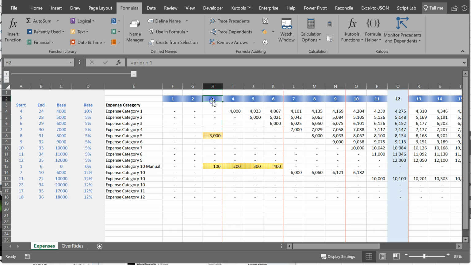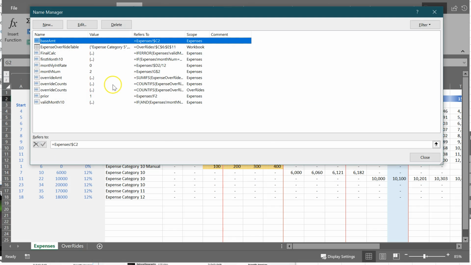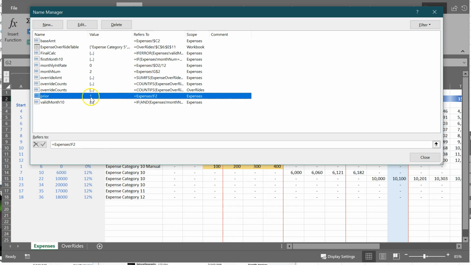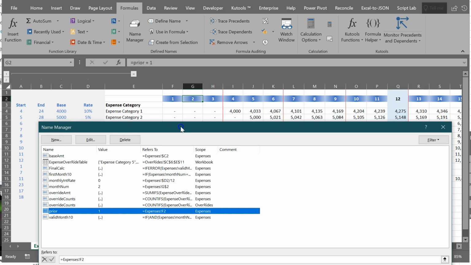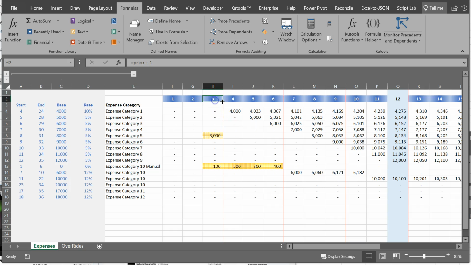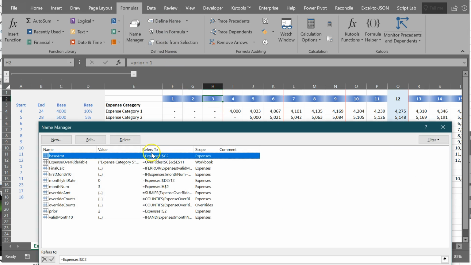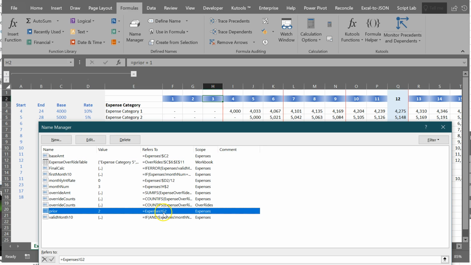Prior is a defined name, using this technique, and in the Name Manager you'll see the word prior. Prior is the formula name, and it's just equal to expenses F2. This is the expenses tab, and in this case, because I'm on G2, it says F2. If I were on H2, it's not going to say F2, it's going to say G2, which is the one beforehand. Okay, now